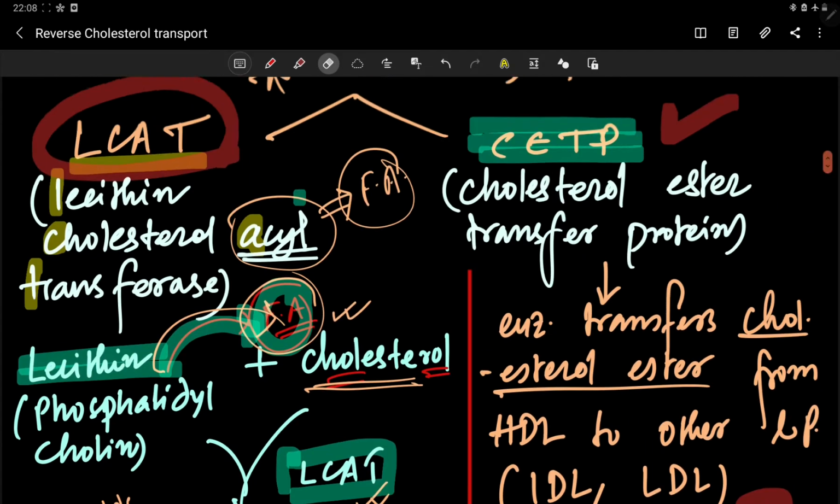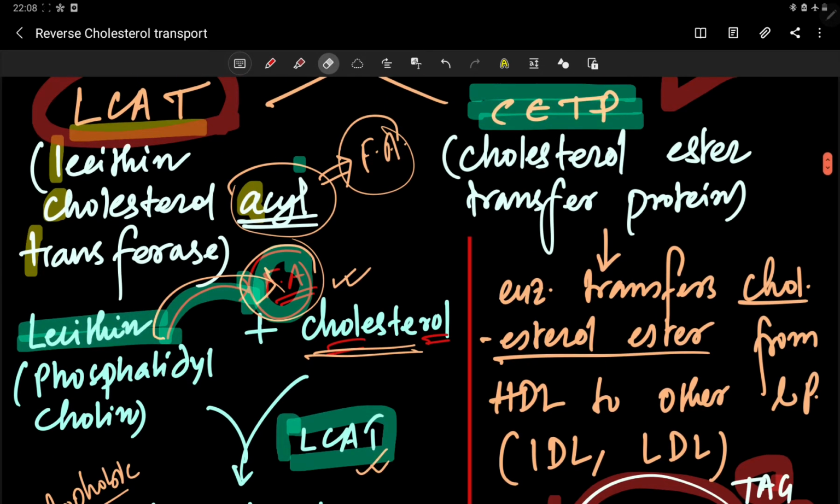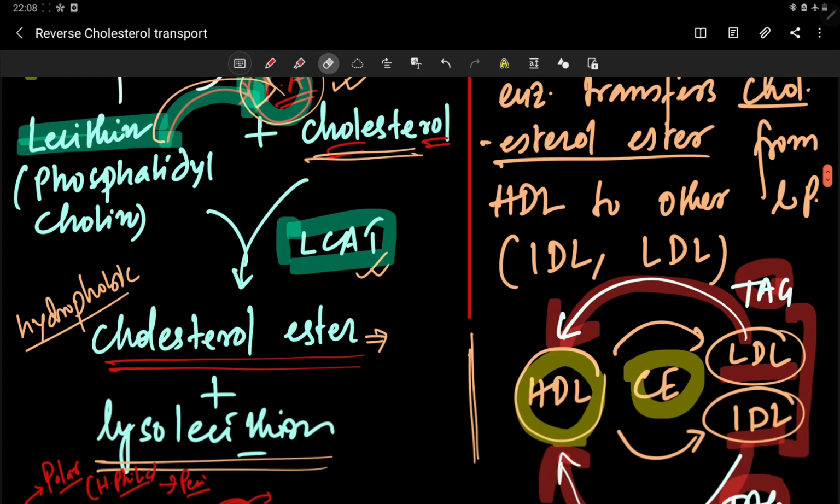Okay, and also I told about the CETP, that cholesterol ester transfer protein, this enzyme is actually transferring your excessive cholesterol ester from your HDL to LDL. You can see here the HDL and intermediate density lipoprotein and LDL, it's actually cholesterol ester coming from HDL